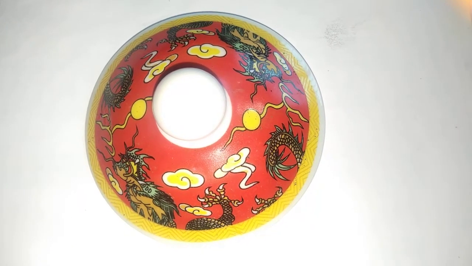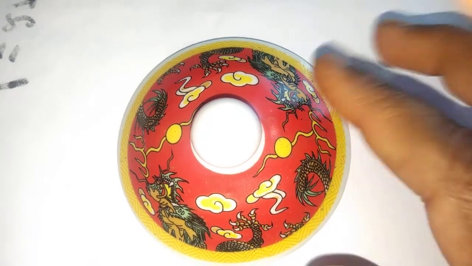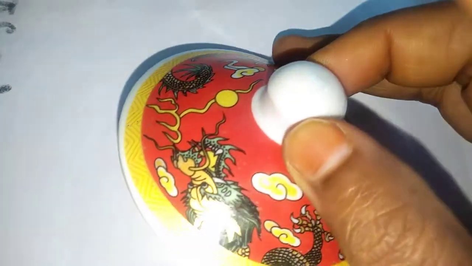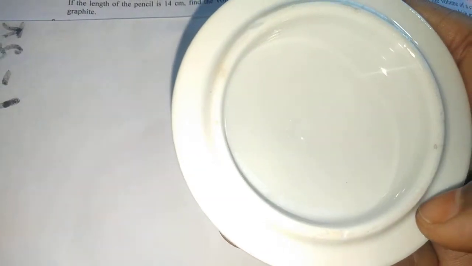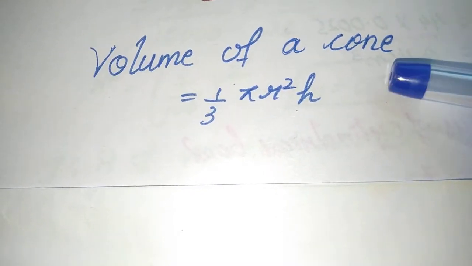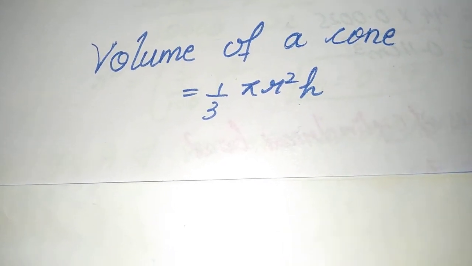Many of you might have attended birthday parties. There you might have seen caps with conical shapes. See, here is one of the conical shapes, which has a circular base. The volume of a cone is nothing but what you can fill inside this cone, that matters here. So we will take base area into height in order to find the volume of the right circular cone. Hence, volume of the cone is 1 by 3 pi r square h.